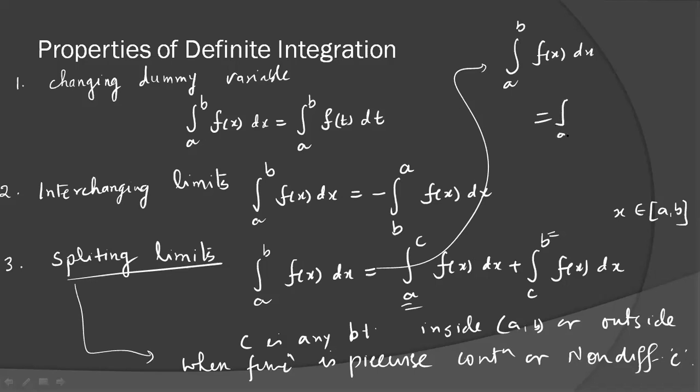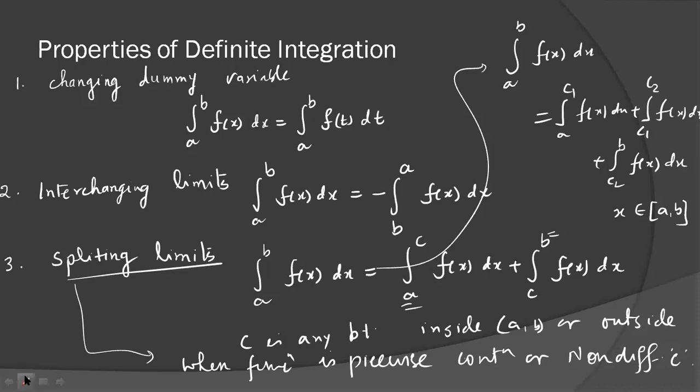We can write like this also: integral a to c1 f(x) dx plus integral c1 to c2 f(x) dx, which means we are breaking here at 2 points, and then integral c2 to b f(x) dx. You can break at 3, 4, 5, many points. It depends on you at how many points you want to break the function f(x). But in the case when the function is piecewise continuous, we can find the points of discontinuity and denote them by c1, c2, and cn. Then you can break accordingly at the points of discontinuity or the points of non-differentiability of f(x).